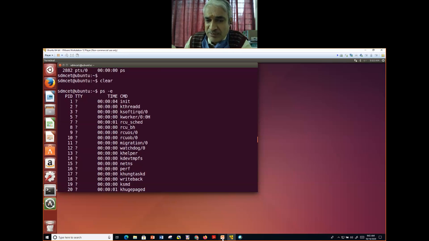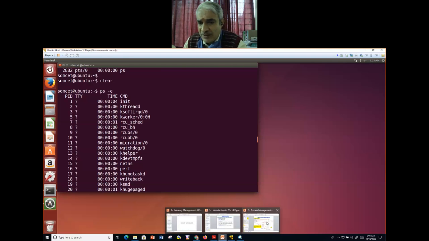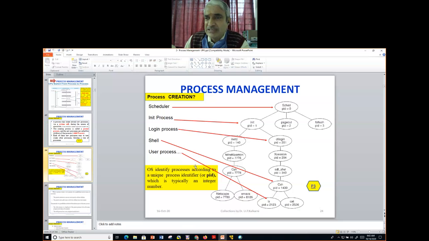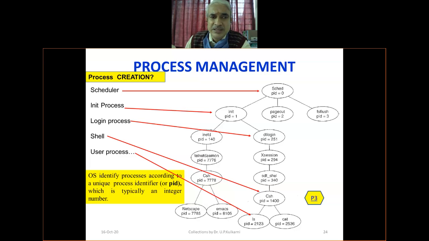Now, for another minute or so, let me take you to a few slides right here. One minute, I'll run this. See here, in this is a small picture of a hierarchy of the processes, a snapshot taken. You can look into this in your system by running the ps command and then drawing similar kinds of things. Please do a little study.